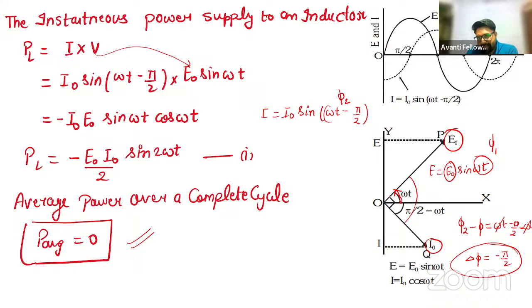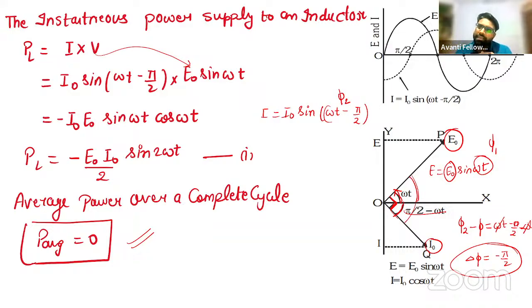So that is why if this is the angle perpendicular to it, pi by 2, this angle would be pi by 2 minus omega t, because this angle is omega t and total angle is 90 degrees. Which means here the current lags with voltage with a phase difference of pi by 2, which means जब करंट अपनी मैक्सिमम वैल्यू गेन करेगा